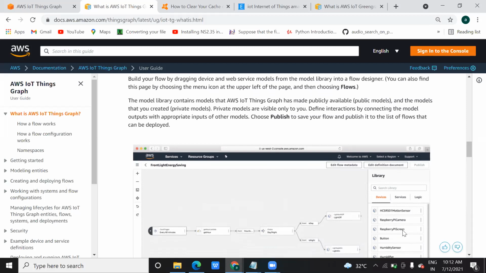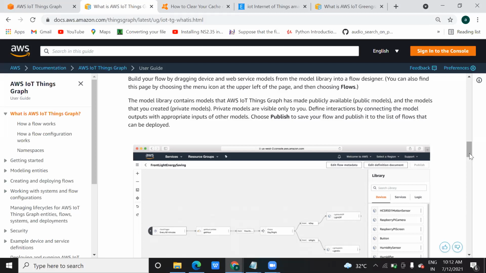Whatever devices we install in the IoT setup, the same things you can drag and drop here on this platform, just like we do in Microsoft Visio, or like a hardware flow chart. You drag them here and make a connection between them, showing how the flow actually works. When you click publish, it will make the flow and show you how it actually works.